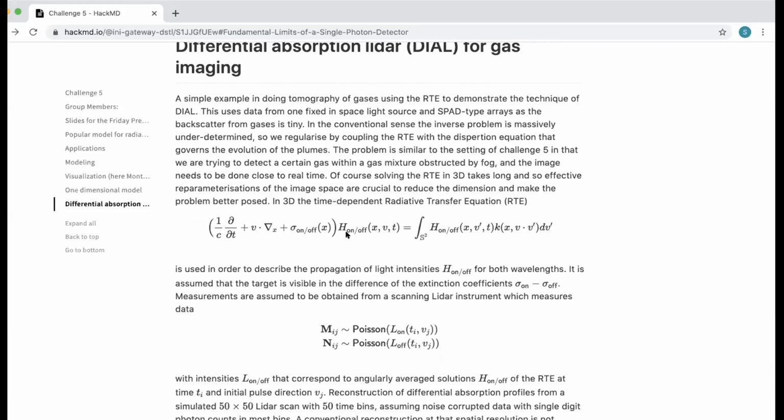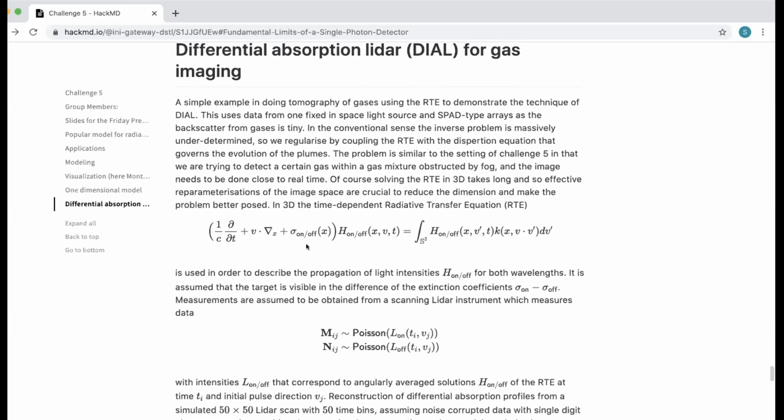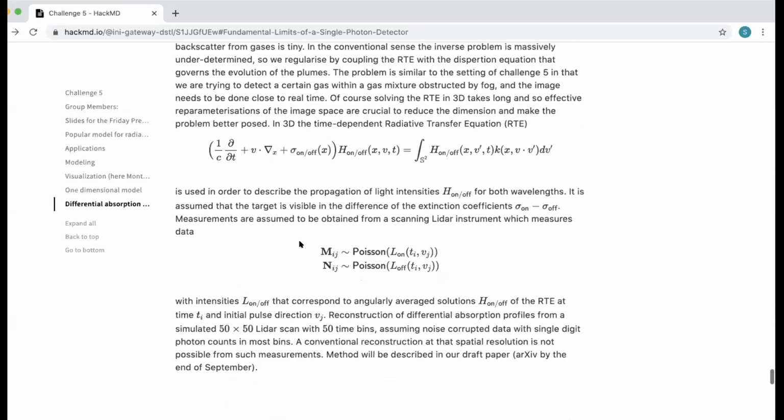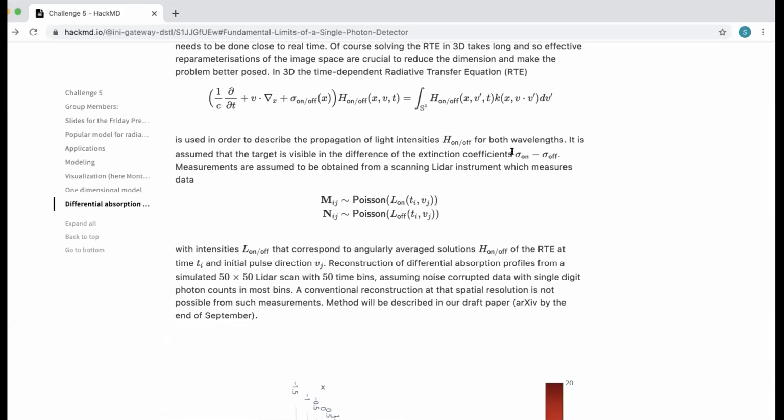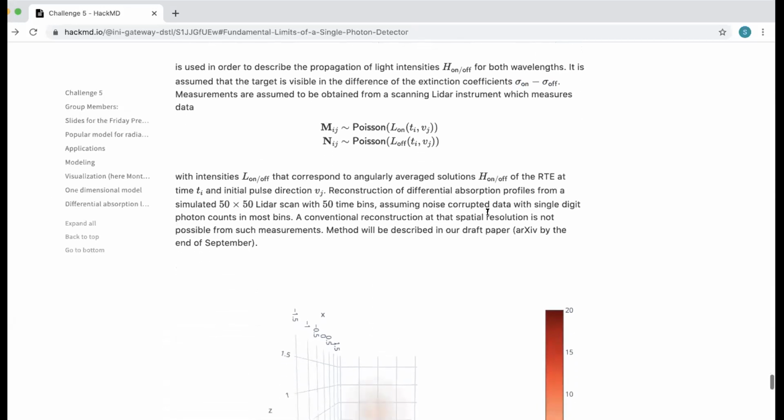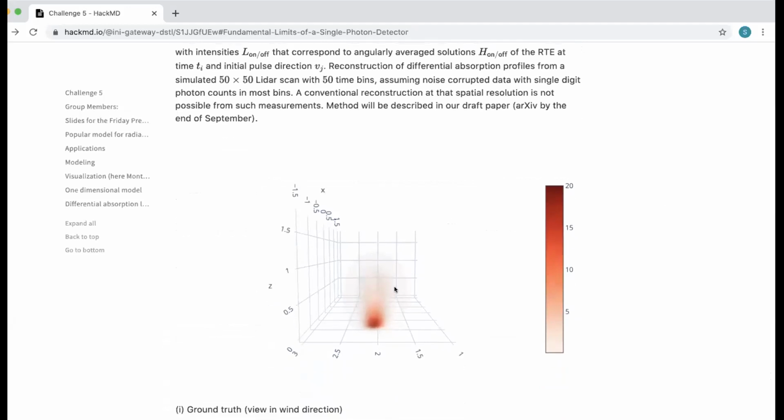And so we have this radiative transport equation here, same as Oliver, slightly different notation, but the same equation that Oliver presented earlier. And there's two different frequencies of light, and they have different attenuations, which is the key idea in what Nick was presenting, and possibly an idea that could be used in this single photon setup. The different attenuations allow you to make an image based on the contrast in the attenuation. And so this is details of the model, and the image actually is the difference, the contrast between the two attenuations.